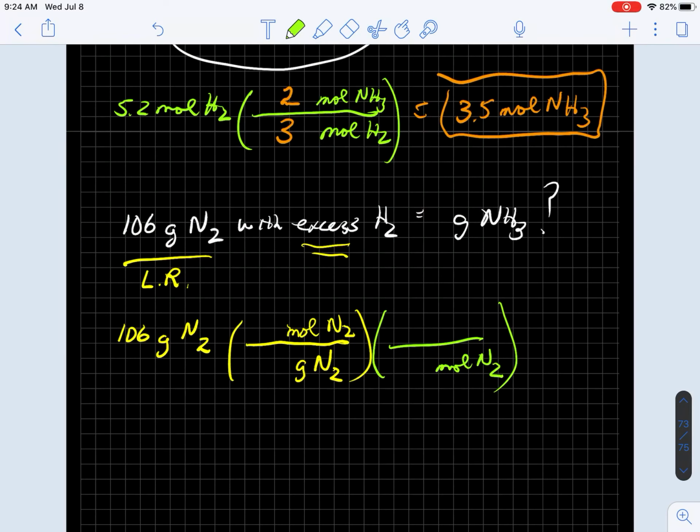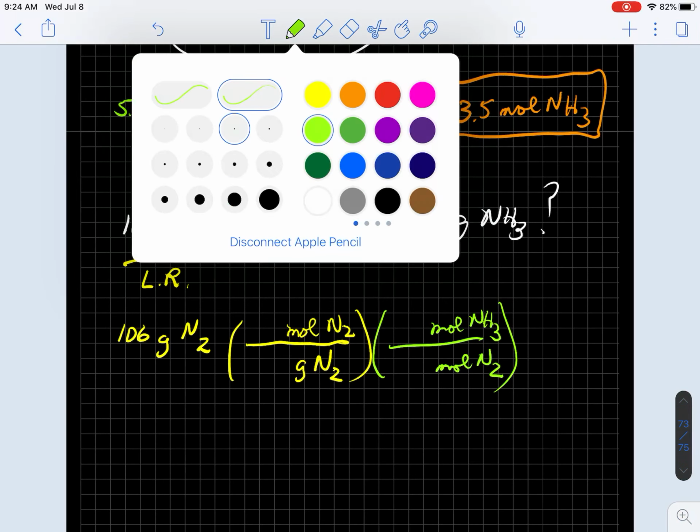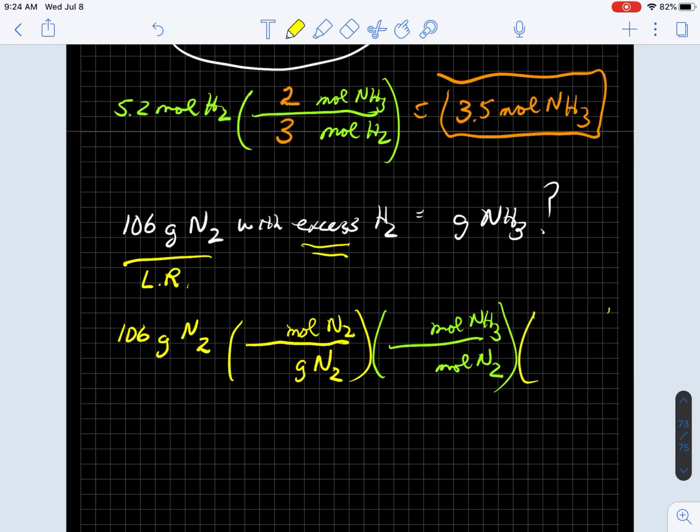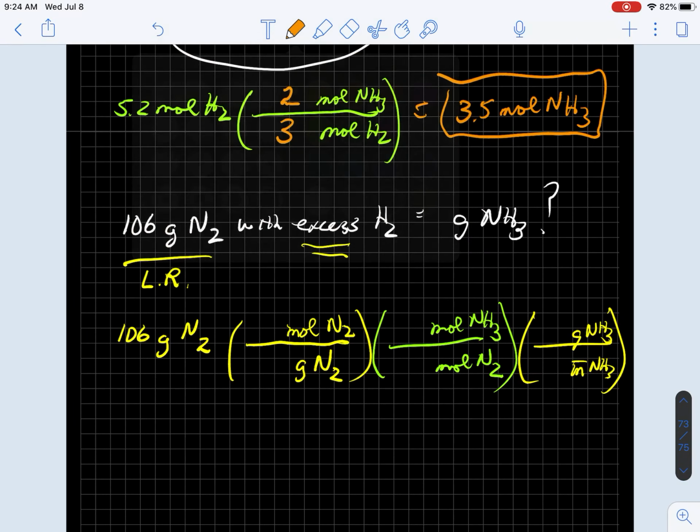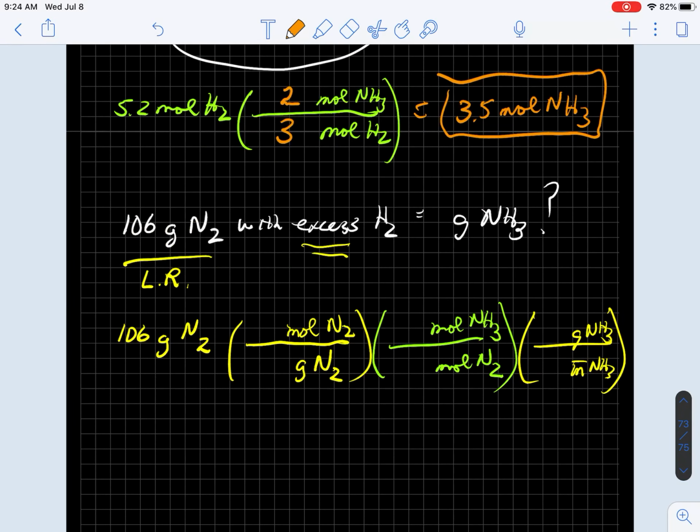Now I can use my balanced equation, right? If I know how many moles of nitrogen we have, I can predict how many moles of ammonia we get. And then I can come back and I can convert those moles of ammonia to grams of ammonia. All right, so now I just got to go back and fill in the numbers. All right, so 1 mole nitrogen, I looked that up on the periodic table. That's